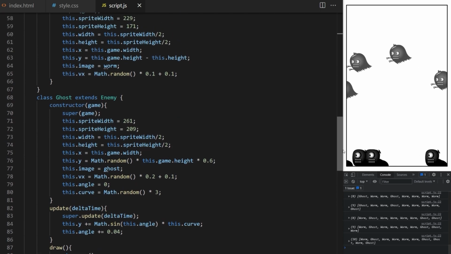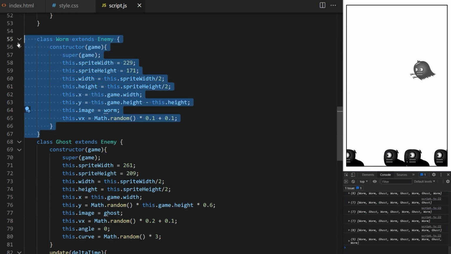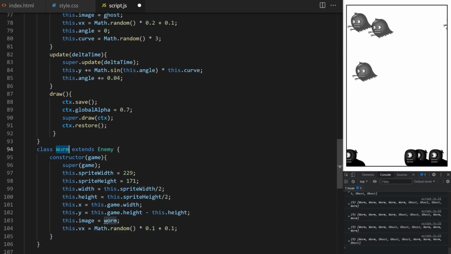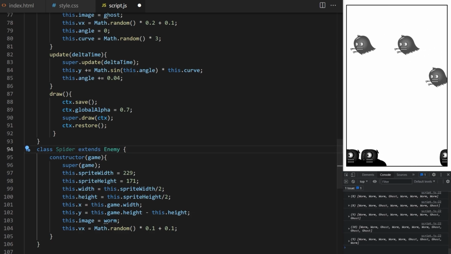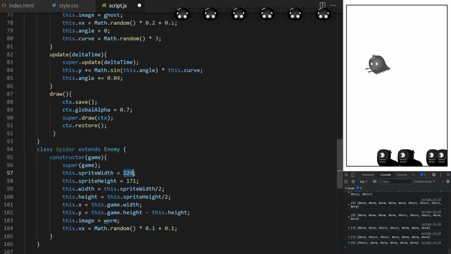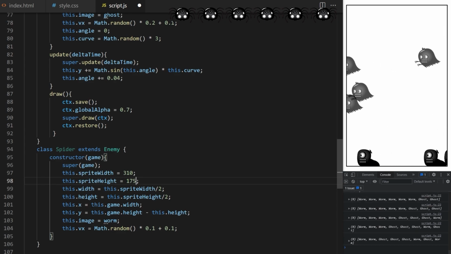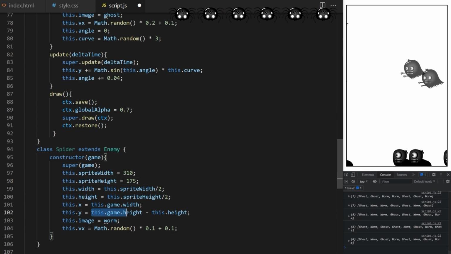Let's create another child class and let me show you a completely different type of movement for the third enemy type. I just copy worm class here so that I don't have to write all of that again. I will call it spider. I check my sprite sheet, sprite width. Width of a single frame is 310 pixels. Sprite height is 175. I want spiders to start from just behind the top edge of game area, so 0